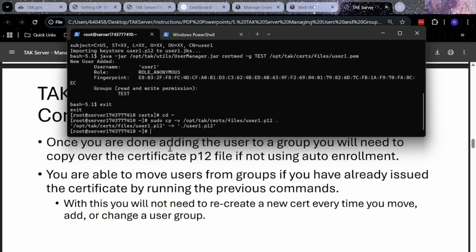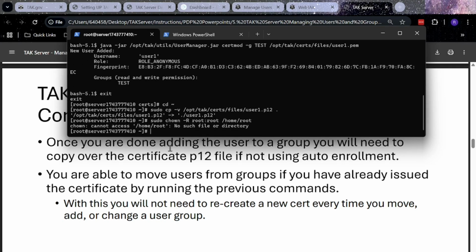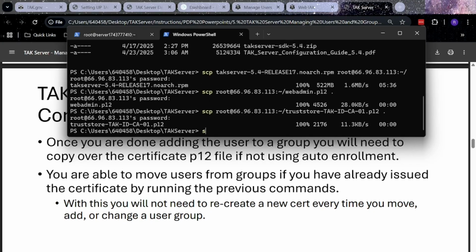If you're not using the root user, you're going to have to change the permissions for this file you just copied over by running the following. Once the permissions have been updated, we then need to go to our local terminal and run the same commands that we had before. SCP, followed by our username, at our IP address, colon,